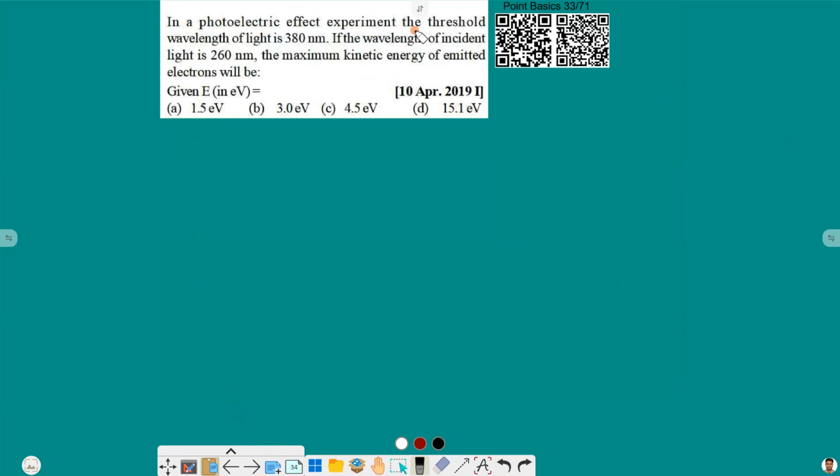In a photoelectric experiment, the threshold wavelength of light is 380 nanometer. Wavelength of incident light is 260 nanometer. Maximum kinetic energy will be? Here threshold means it is related to work function. So we can write that kinetic energy maximum will be equal to hc by lambda incident minus work function, and work function will be hc by lambda naught. So hc is 1240 electron volt nanometer divided by the incident, that is 260 nanometer, minus, for work function, 1240 electron volt nanometer divided by